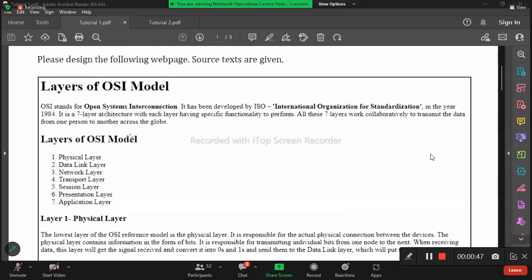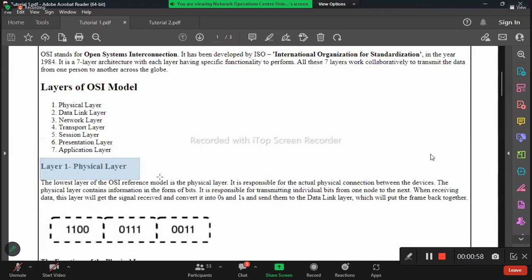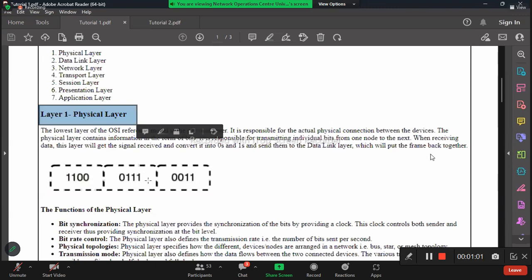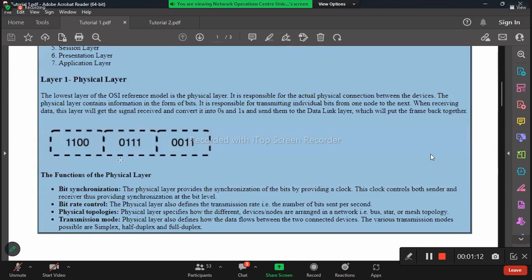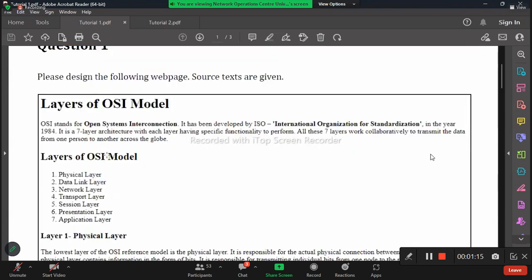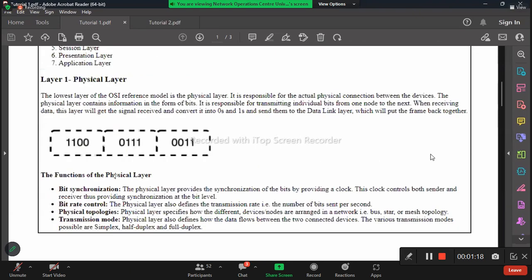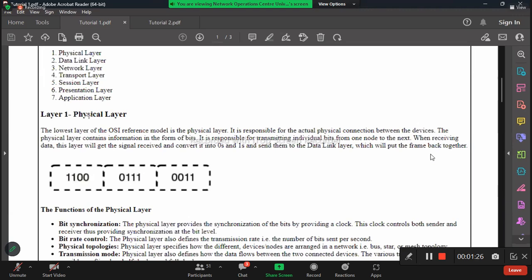This is a heading, and the second heading is smaller than the first heading, and the next one is smaller than the second one. Likewise, the fourth one is smaller than the third one. So they are all headings. This one, this one, this one, and this one, and this one. They are headings, and they are in different levels. And the next thing we see in this page is